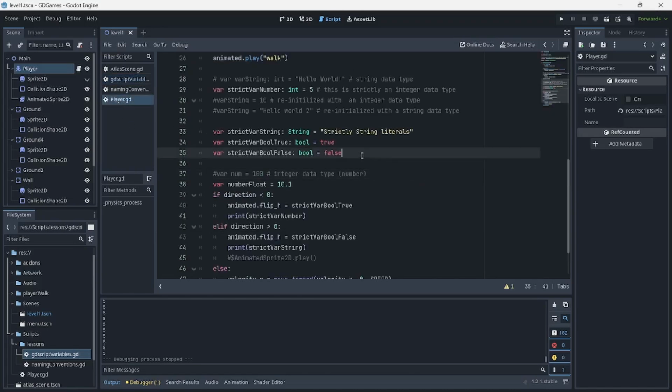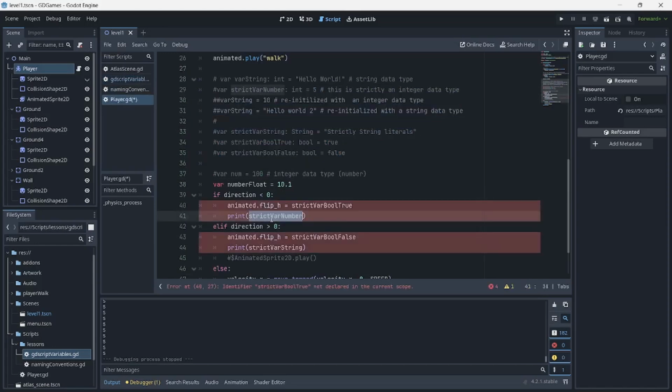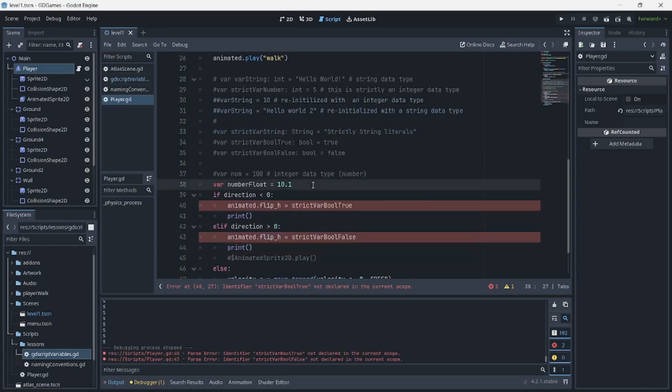I just want to explore some things here. Let me copy that, and this one I'm going to remove now. In here, let's have a variable declaration. Comment that out, that's not working.